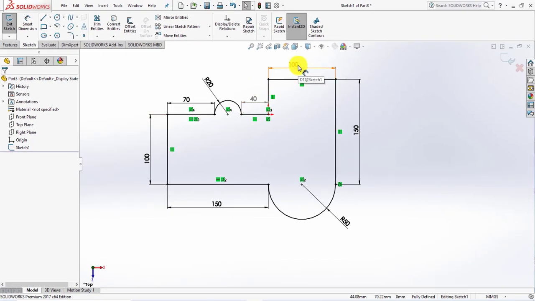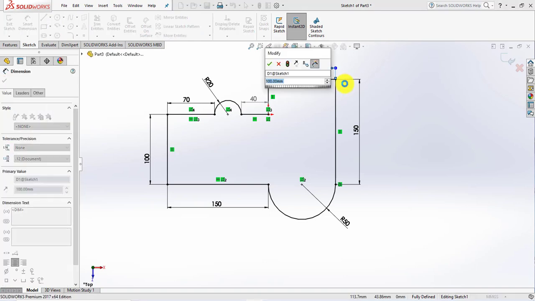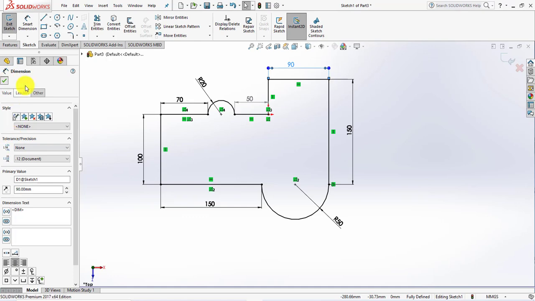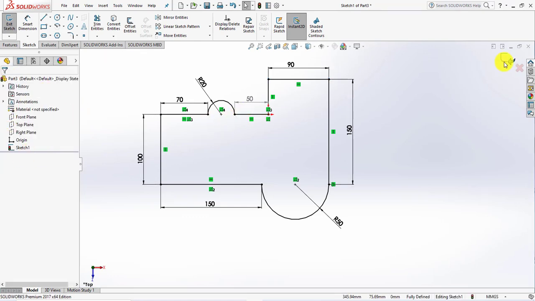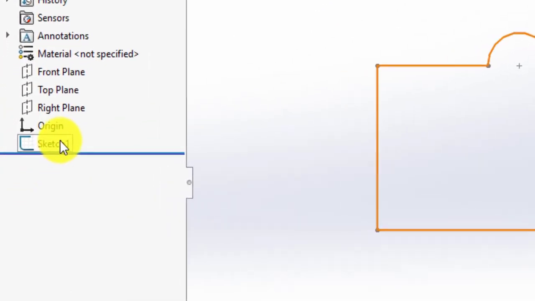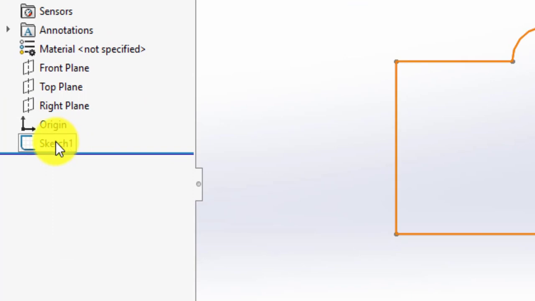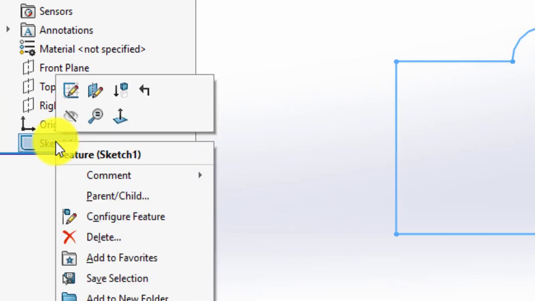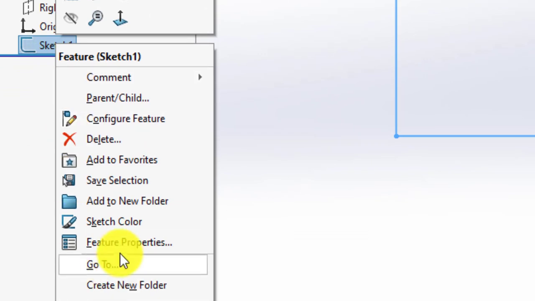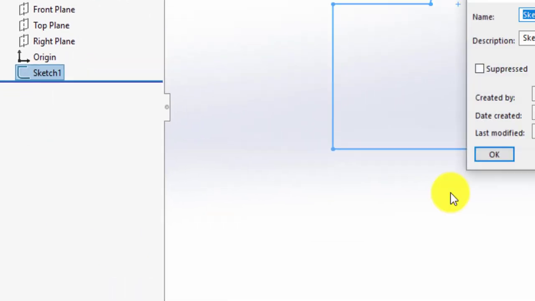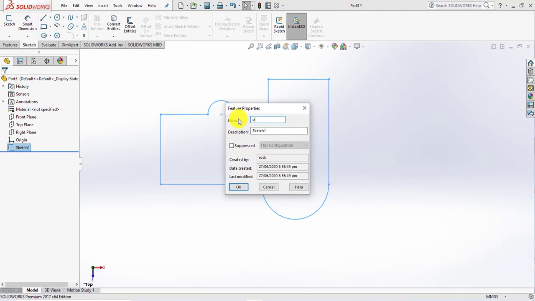It is 100 millimeter, so I can change it here to 90. Okay, and again I click here. And if I want to rename this sketch, I can go to the feature property, and here Part 1.